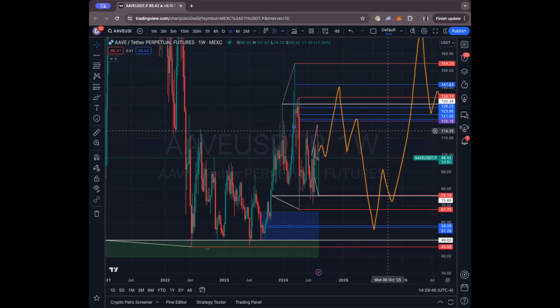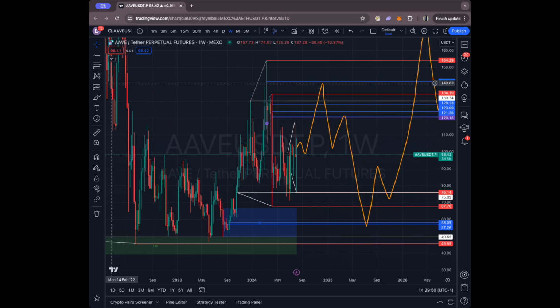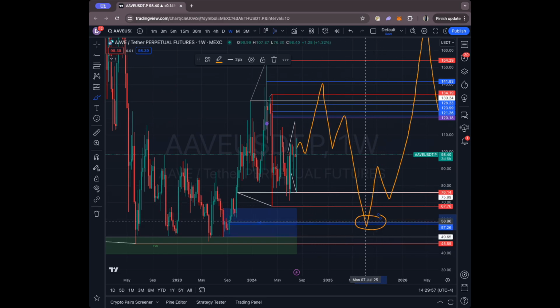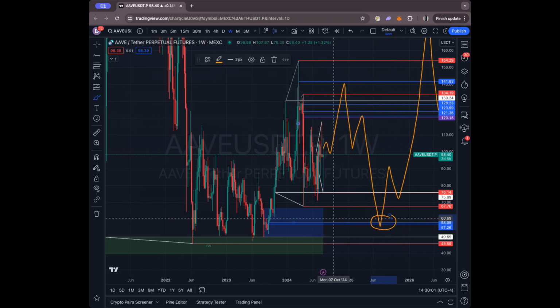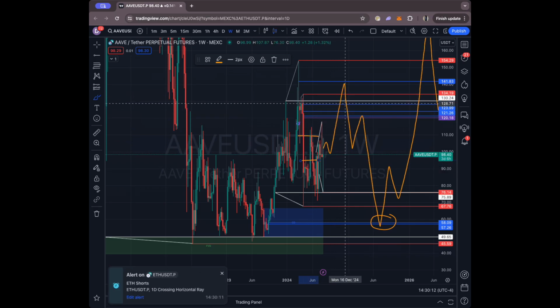But if I was to load up spot bags, my entry for loading up spot bags would be 58, or rather 59, right? Below 60, because there is one weekly inefficiency there. That is tapped on the IRL, where we're invalidating this bearish structure right now, or rather, we've already started to invalidate it, right? So, assuming we take the one last liquidity here, or if we don't, it doesn't matter. Even if we just go like this and then go like that, completely valid as well,